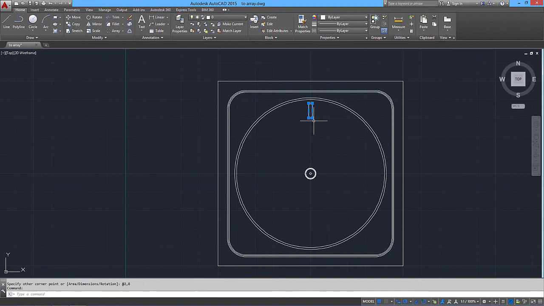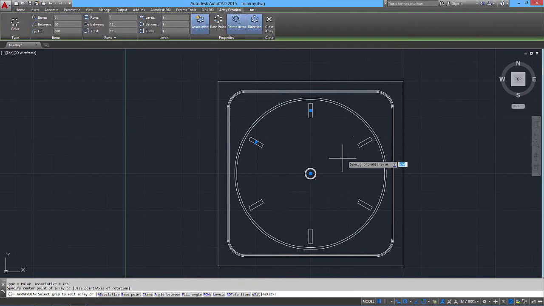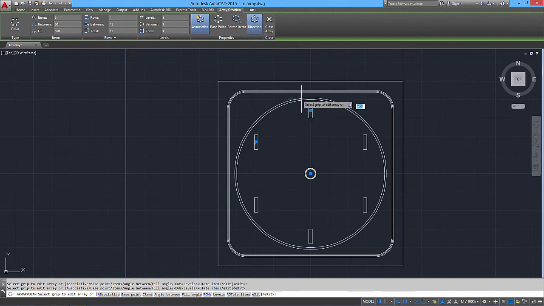So with this selected, we're now going to go to the array command. We've got rectangular, path, and polar arrays. We'll click on the polar array function, and we will come down to specify the center of the array, which is going to be that center point there. So click. This then gives us the array creation context ribbon, and rotate items. So if the items are unrotated, then they will just follow the same orientation as the original one. So rotate items means that as they're being spun around this center point, they're all going to face in a similar direction. The number that we want, as it says 12 hours in half a day, is 12,